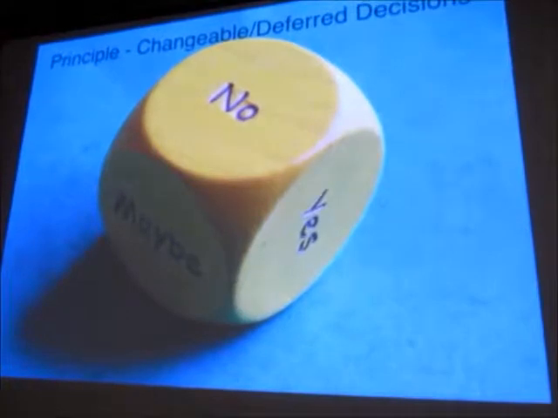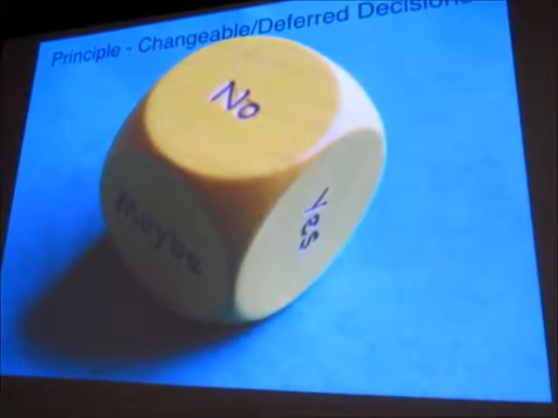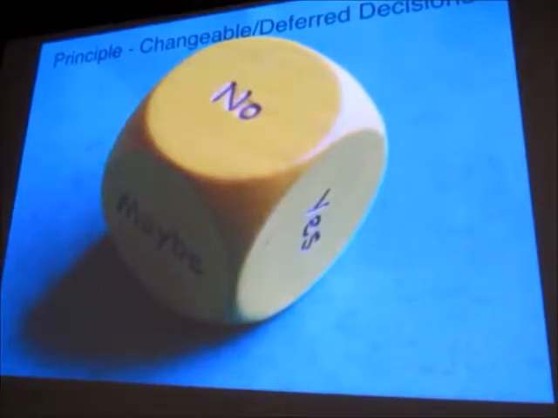Or it's changeable. We're going to use SQL Server for now for our database, but we're going to design it so that if we switched to another database down the road, that's not going to be a big deal. So that evolvability and the changeable, deferrable decisions is really, really important. Do I need to make that decision now? Can I safely defer that decision? And anything you can safely defer, you want to defer.